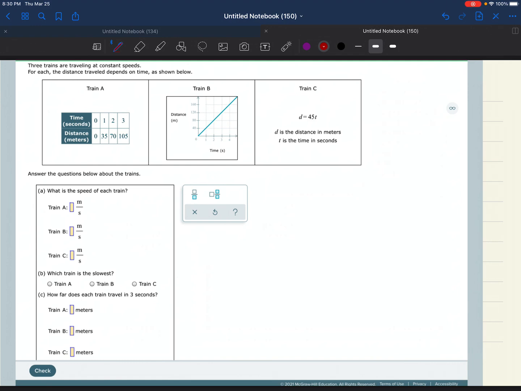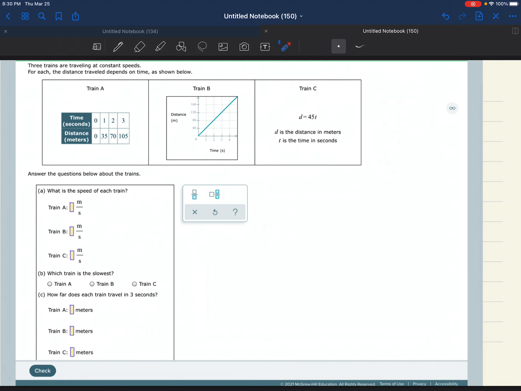All right, first here we're going to look at some graphs. It says three trains are traveling at a constant speed. For each, the distance traveled depends on the time as shown below, right? So it gives the time for train A, train B, and train C. Now one's a table, one's a graph, and one just gives you an equation. All right, so the first thing, on part A, it says what is the speed of each train? So we're trying to find